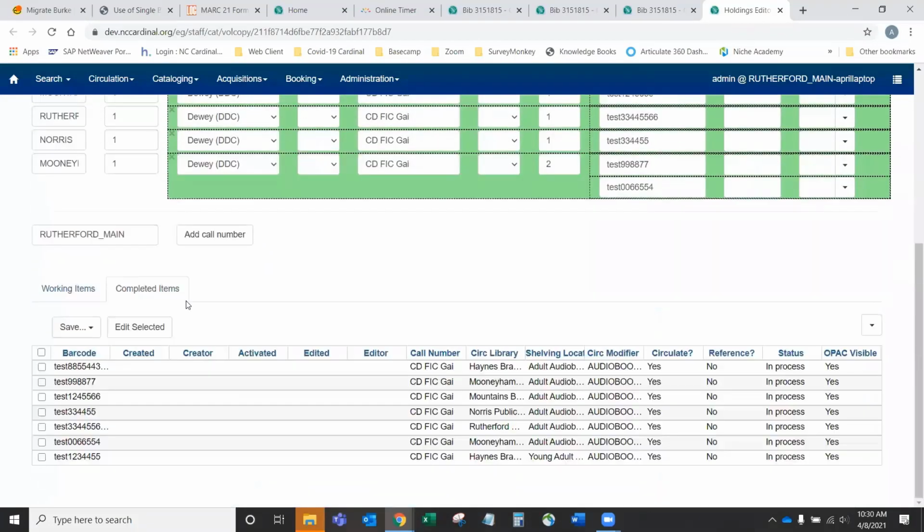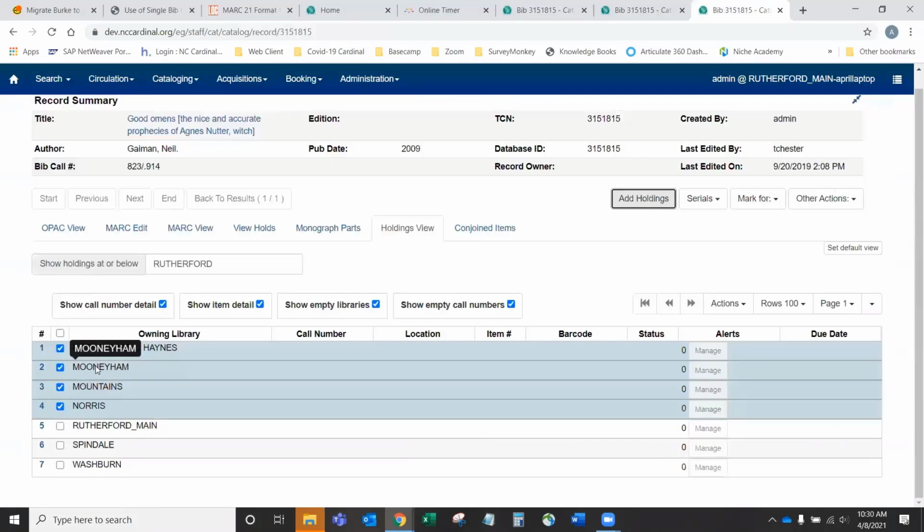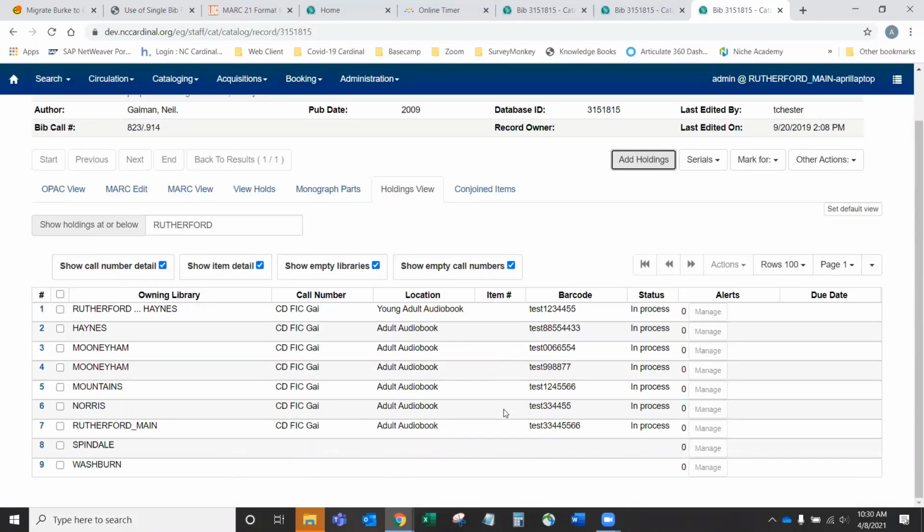I want to go to my completed items tab. I can take a look and see, yes, my shelving location is different for that one. Then I can either edit. If I find that I did mean to change the call number, then I might want to edit that again. And so I can go back at any time, or if I'm ready to be finished, I can just save and exit. It'll take me back to my holding screen, and I have added all these items. You can see their status is in process,